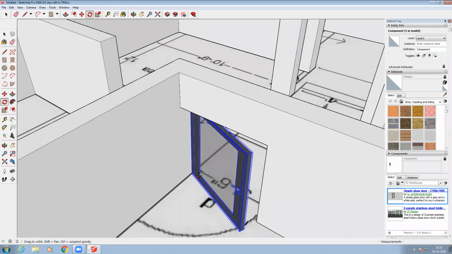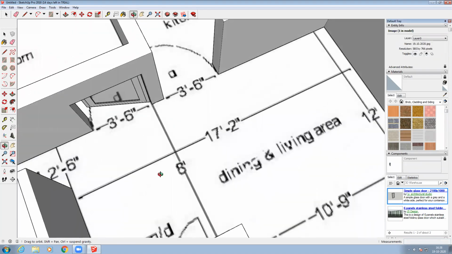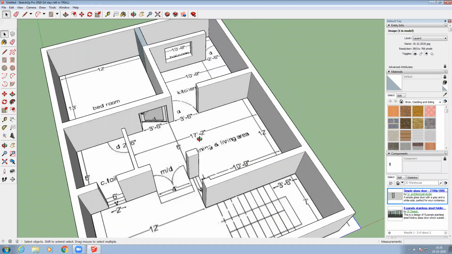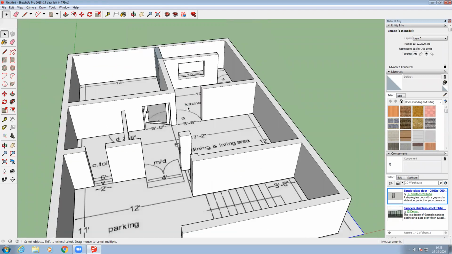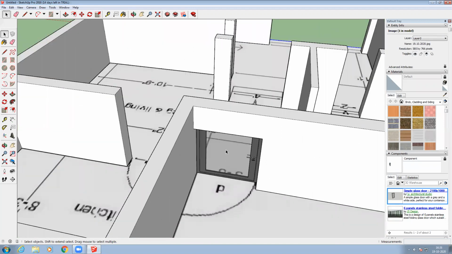You can see the door is open now. You just click outside and you can see now the door is open. See, the door is open. How to do that, I will show you again. I just go to the back side of this, where you want to open. Then at one edge, where the door is locked or where the door is attached, I have to go and take the rotate button, and you can see this is the vertical direction and this is the horizontal direction.